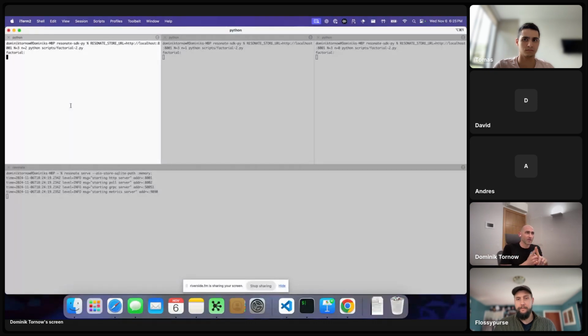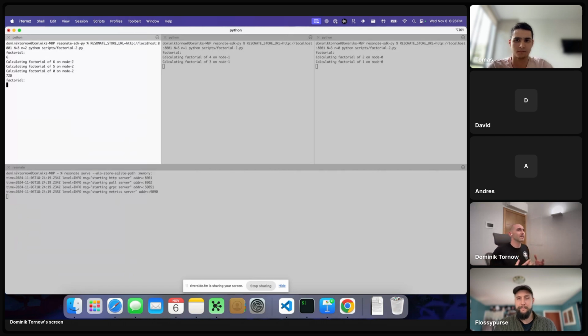So if we request factorial 6 here, then factorial 5 is going to happen on the same node right away, local function call. And then we're going to go to the middle with the factorial 4 and then the factorial 3. And then we're going to go one further with factorial 2, if I'm not mistaken. We'll find out. So if we do factorial 6, then yes, factorial 6 on node 2, 5 on node 2, 4 and 3 on node 1, 2 and 1 on node 0, then the 0 on node 1, and then once again. So that shows us the mix and match capability.